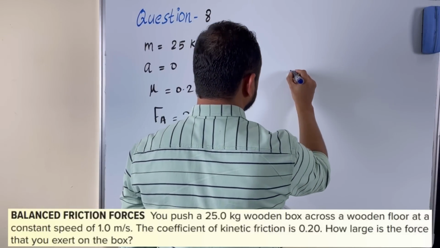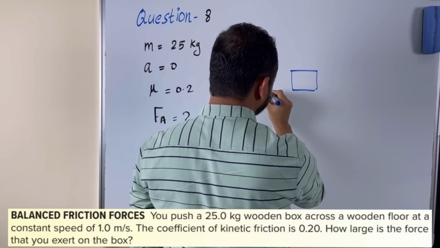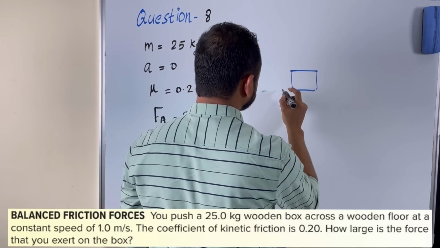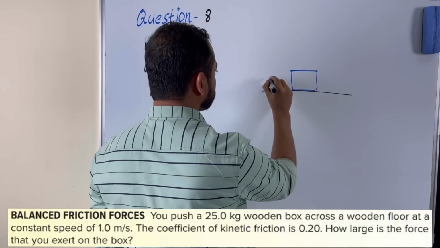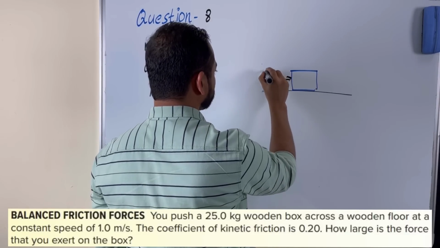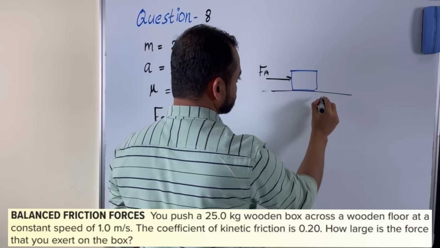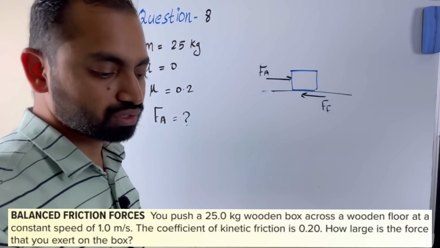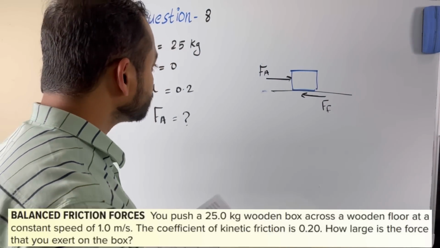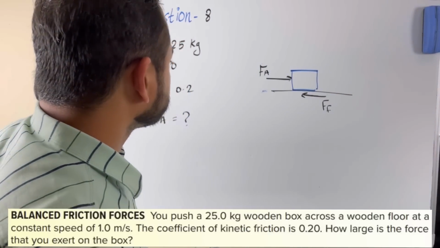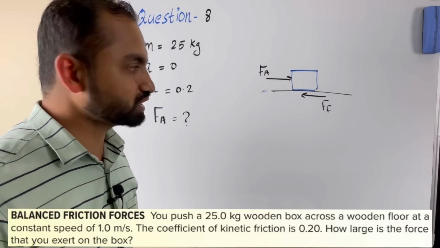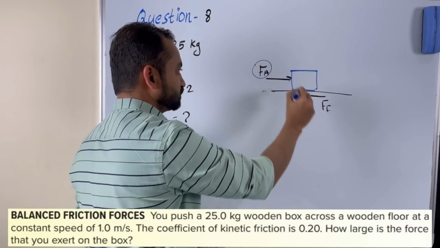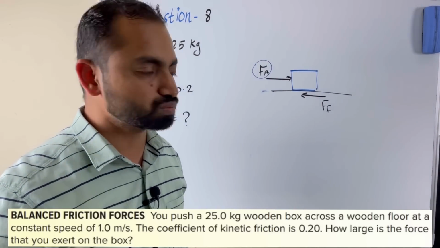So here is the box, and this box is on a floor. So we will draw the floor here, and you are applying a force. This is your applied force. You are applying a force, and the frictional force is acting in the opposite direction. The force of friction is acting in the opposite direction. So here you can see you need to calculate how much is the applied force. This is what you need to calculate, and you know that the box is moving